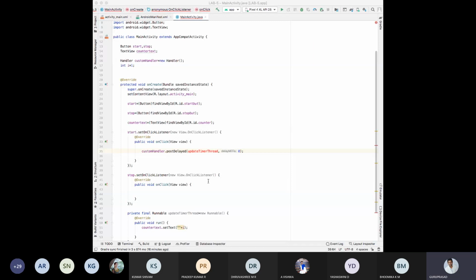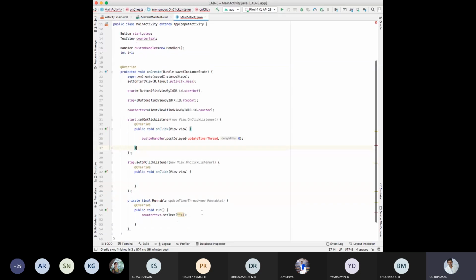Update timer thread is equal to runnable. Finished? Okay. Next. Plus I. Next, custom handler dot post delay, runnable, long delay milliseconds.